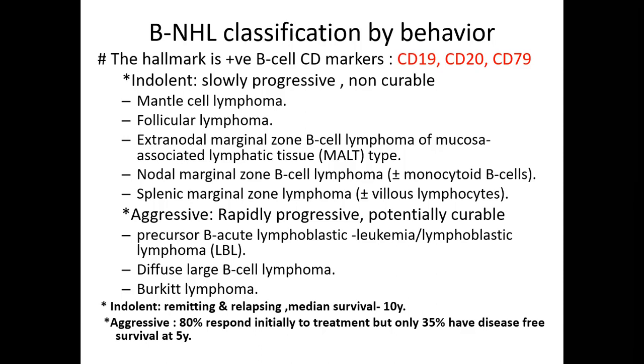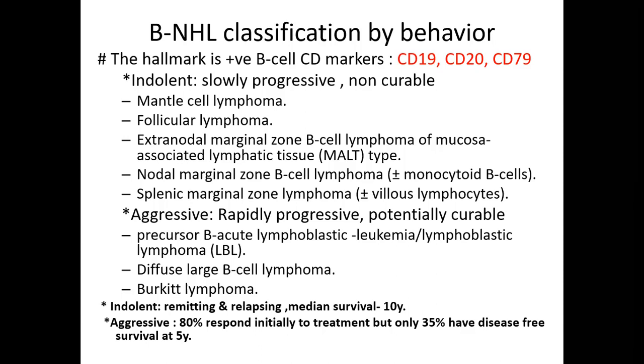And we have the aggressive group, which is rapidly progressive and potentially curable, like precursor B acute lymphoblastic leukemia. You see that acute lymphoblastic leukemia is grouped with the lymphoma because its variety, what is called the lymphoblastic lymphoma,